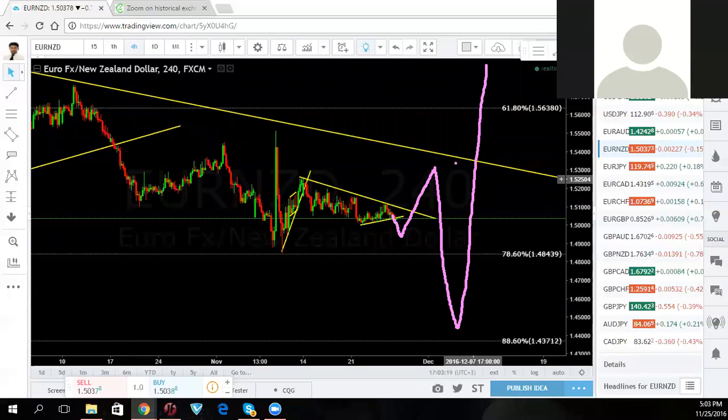How do I know it's going to do that? I don't know. Let's see. It's because we understand what patterns we are looking for. I know how these patterns behave. I know which pattern I'm expecting it to make. And if it's going to do what I think it's going to, this is what it will look like.